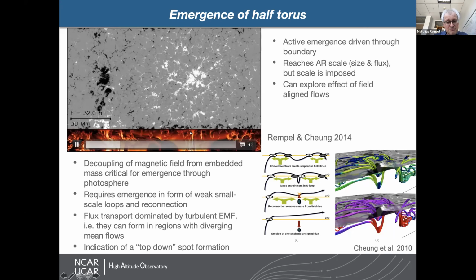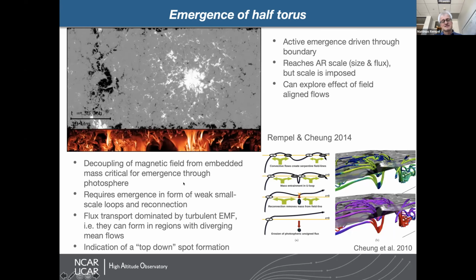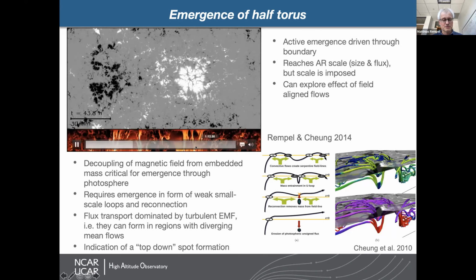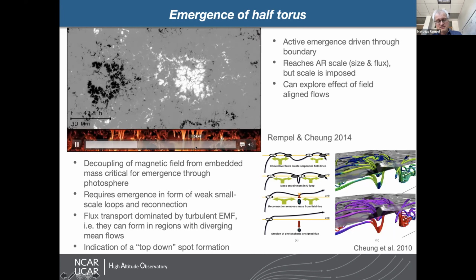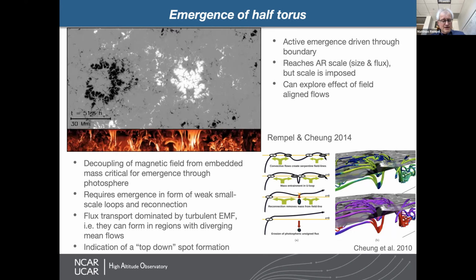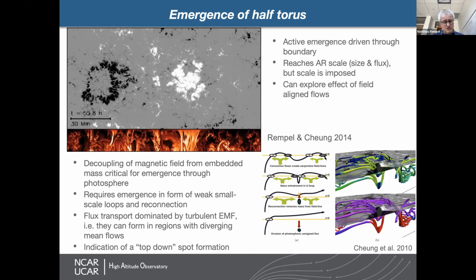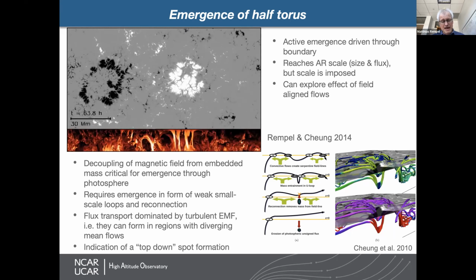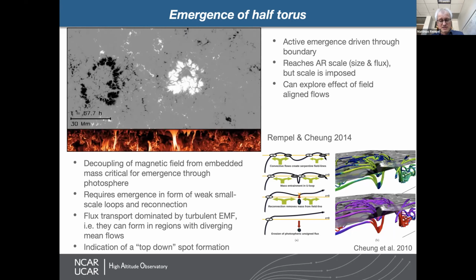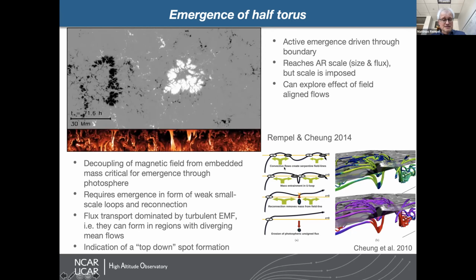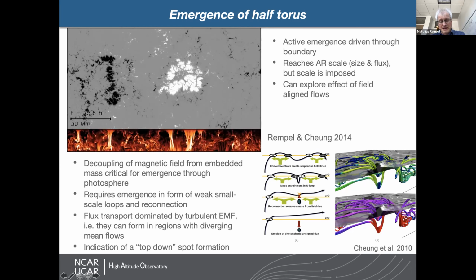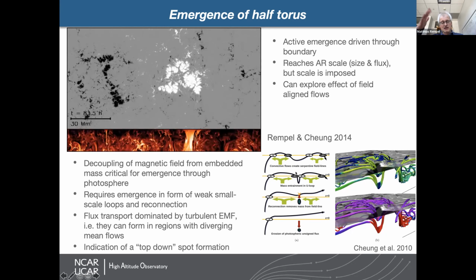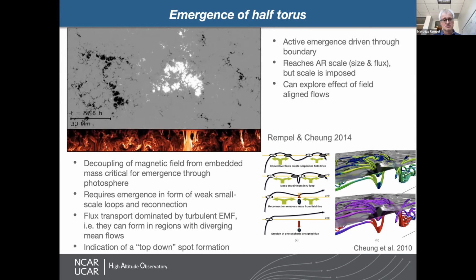You see the first flux concentrations forming in the photosphere, and then they extend further down into the simulation domain. It's not that the strong foot point somehow makes it up into the photosphere. So one critical aspect in this simulation of the flux formation was the decoupling really of field from mass, and that happens pretty much through the formation of very small scale structure forming a lot of U-loop like structures which you can submerge, and you kind of leave the mass behind it and allow the larger scale flux to continue